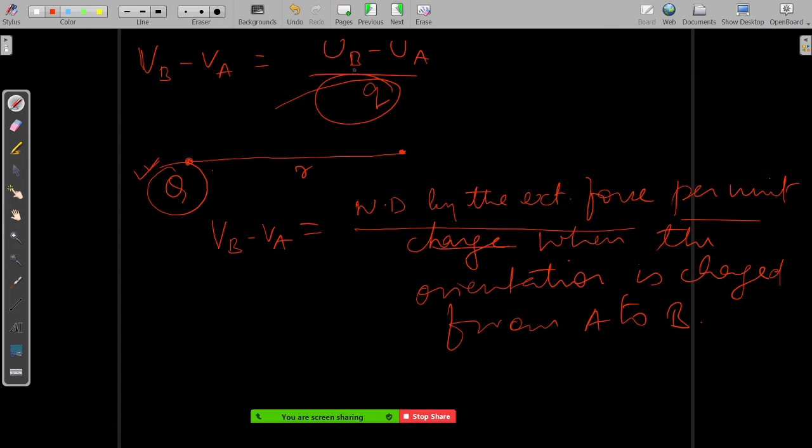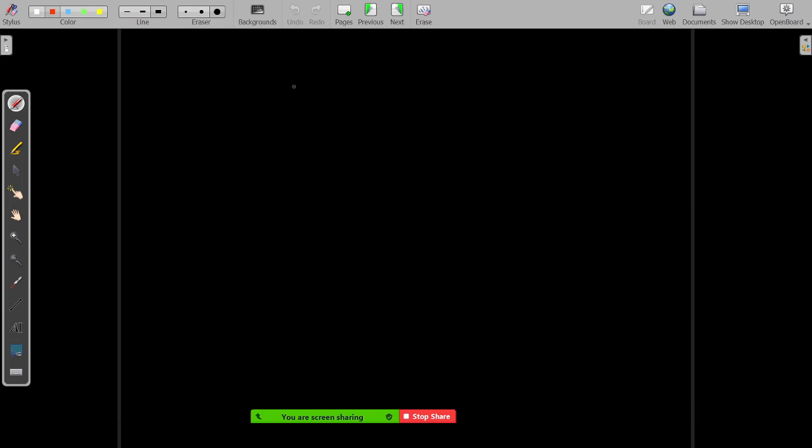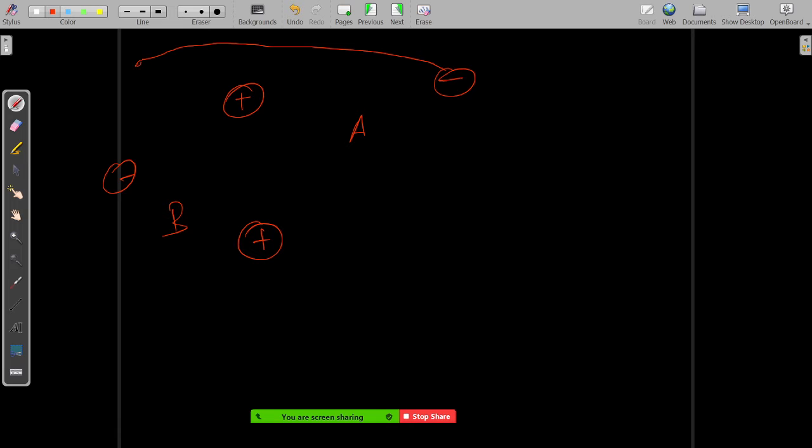Orientation as in shape and then the distance around? Orientation means basically the distance between them. So it's not about the distance. I mean, the orientation means, let's say this is the initial orientation. We call this orientation A, and this is the final orientation. Let's say the minus charge has come here. We call this orientation B. It doesn't depend on whether B has come from this way to this way, or from this way to this way. The final potential energy will be the same if the distance between the two charges is the same.